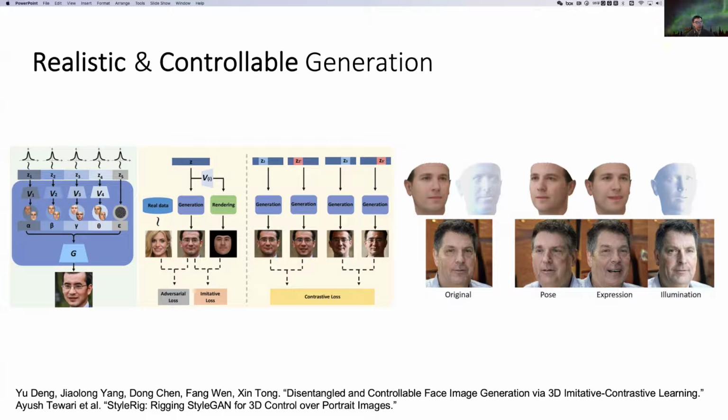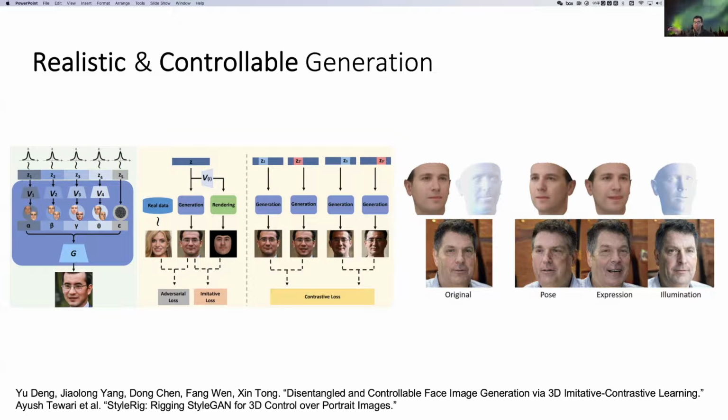So they embed 3D priors into adversarial learning and train the network to imitate the image formation and analysis, 3D face deformation, and rendering process. To deal with the generation freedom introduced by the domain gap between the realistic and the rendered images, they further introduced contrastive learning to promote the disentanglement by comparing pairs of generated images.